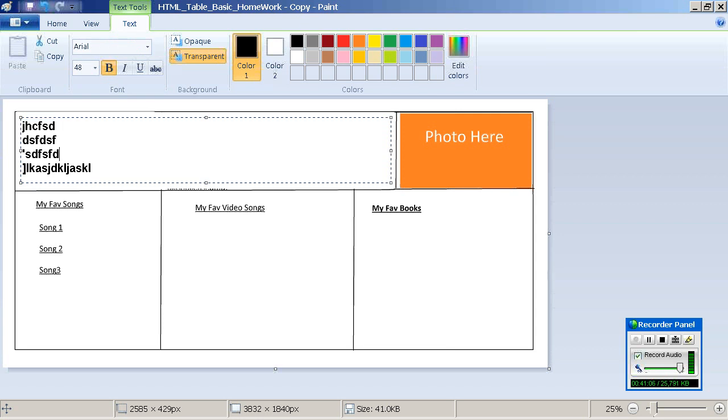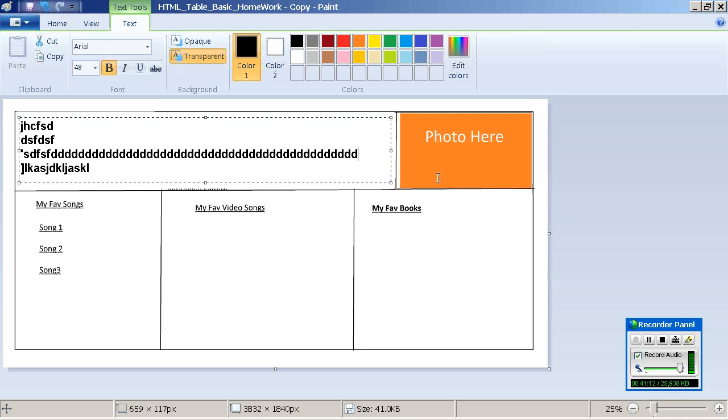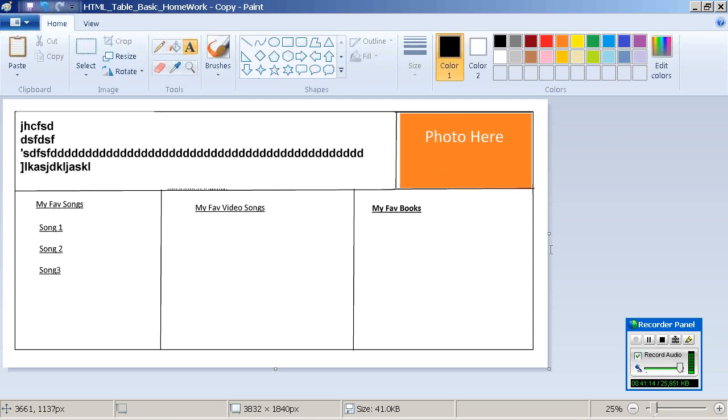Just write it. Okay. Now tell me how many rows and how many columns. Okay, next. 2 rows, 4 columns. Okay.